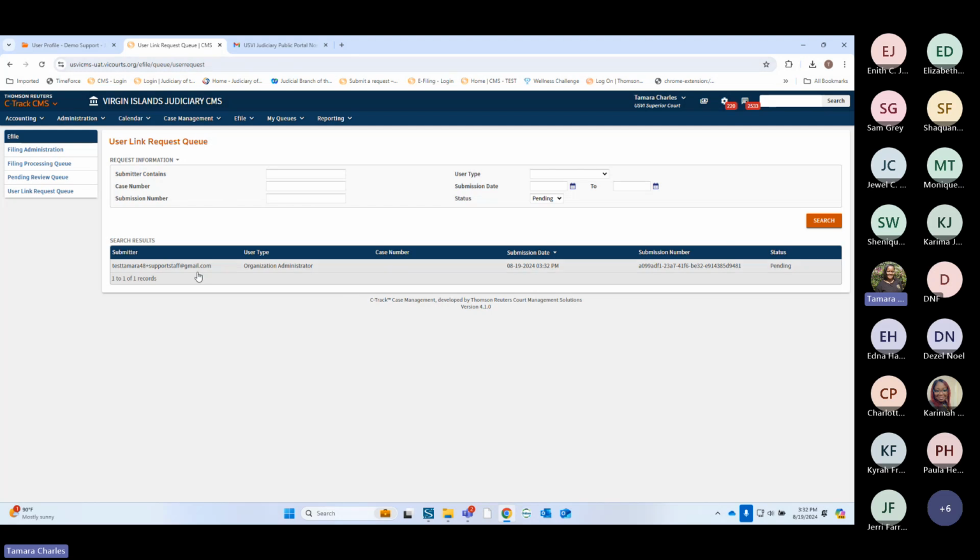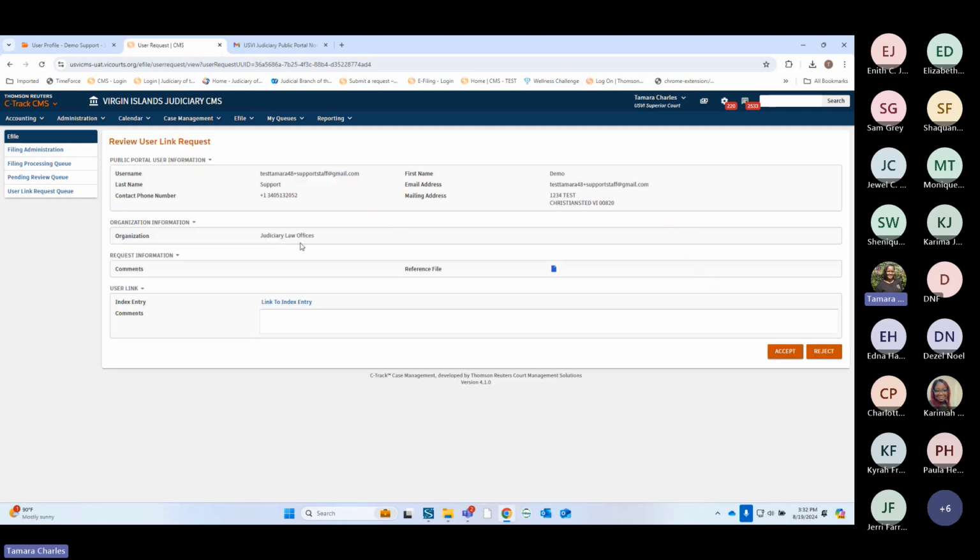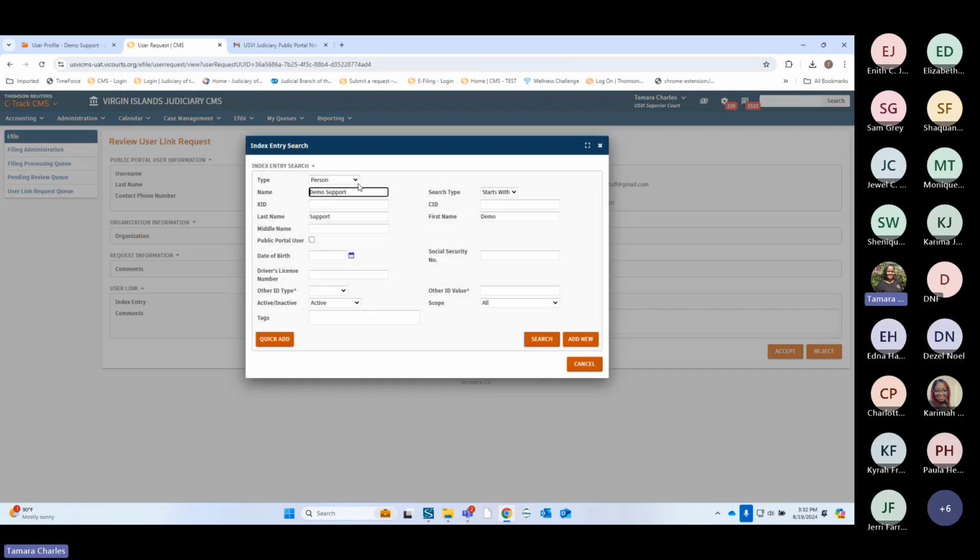So in test on the court side, the court would have received my request to be a legal org admin for a specific firm. It says, I receive a user link request. It's going to come into the court. And then I am going to link this index entry to a person that we have set up here.